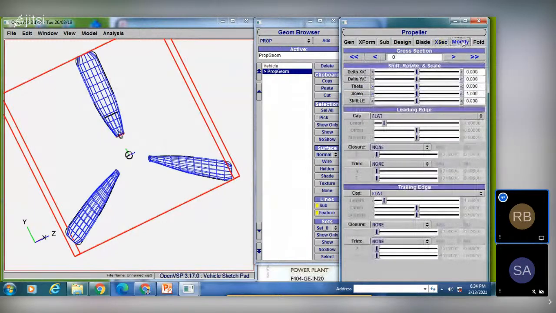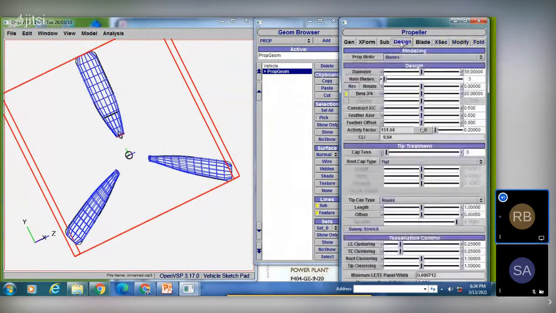So just observe the changes. Here we have the diameter. Currently the default diameter is 30 units. I'll change this 30 to 10